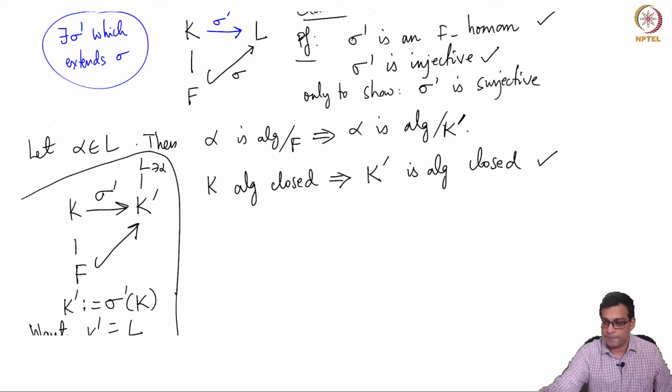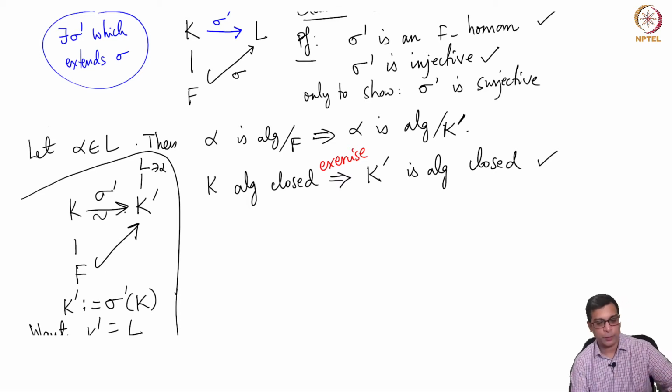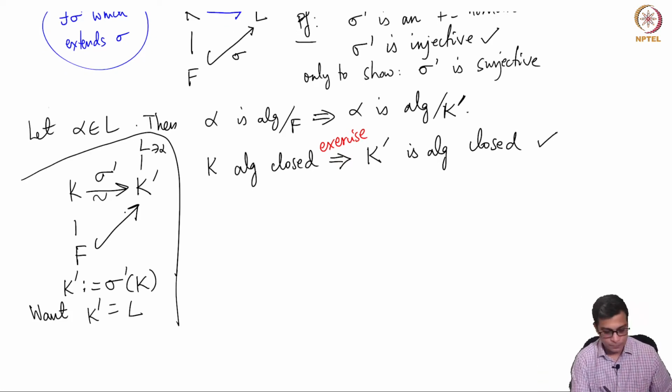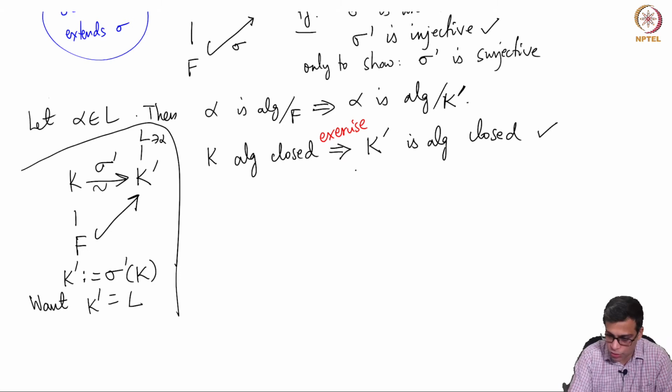Okay, this is a fairly easy exercise. Algebraic closure is preserved by a field isomorphism. Remember, sigma prime is an isomorphism onto K prime. So if every non-constant polynomial in K has a root, then every non-constant polynomial in K prime has a root. So that is easy. K prime is algebraically closed,